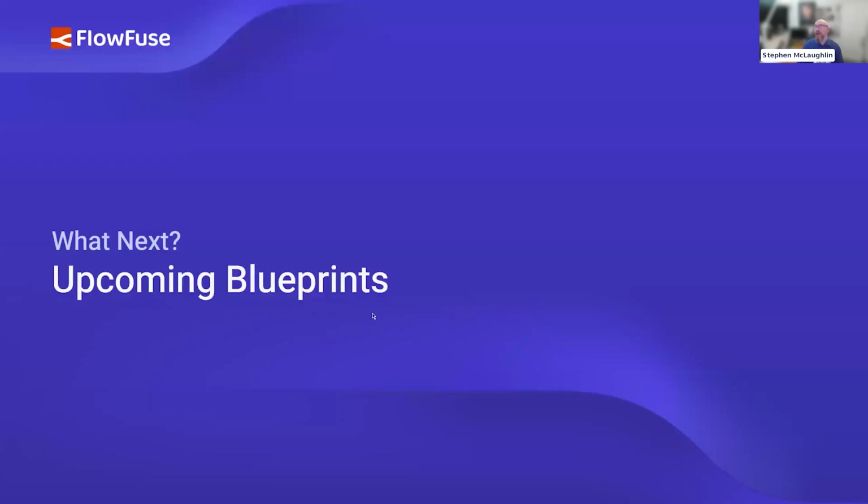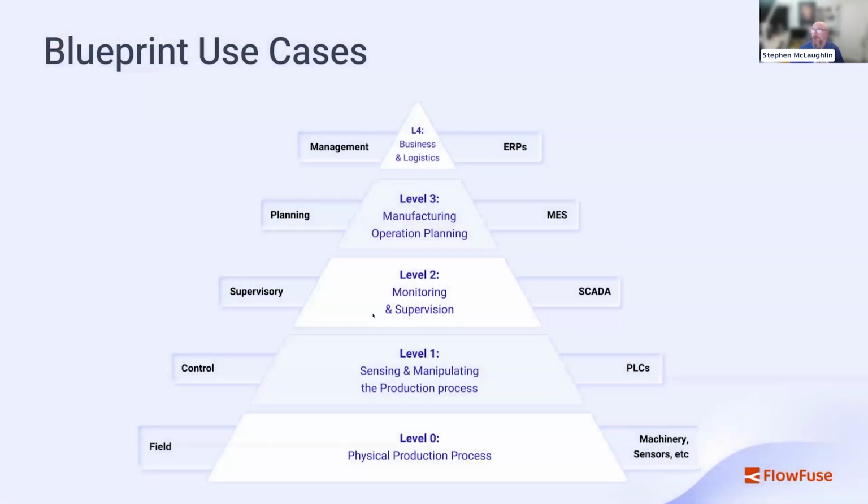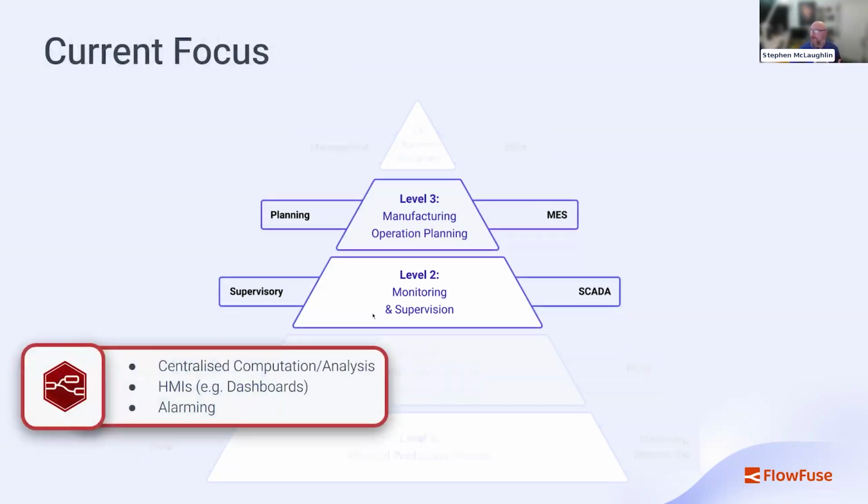Okay, what's next? I've kind of touched on what's next in Blueprints a little bit. There's no great detail coming up, but there'll not be any surprises either. But using something like the ISA 95 diagram, which I think may be out of date since the part 1 update, but it's still relevant, it's still valid. We'd like to touch all of the areas, level 1 and above, level 0 being physical process, but level 2 and above. Currently, we have actually concentrated, our primary focus has been on the sort of MES and SCADA levels,